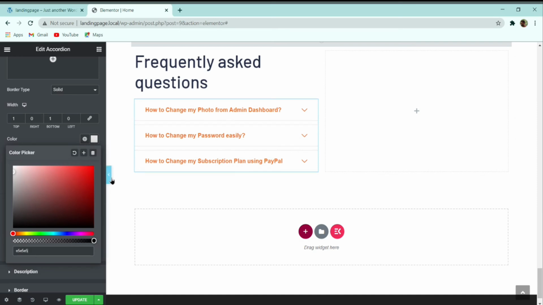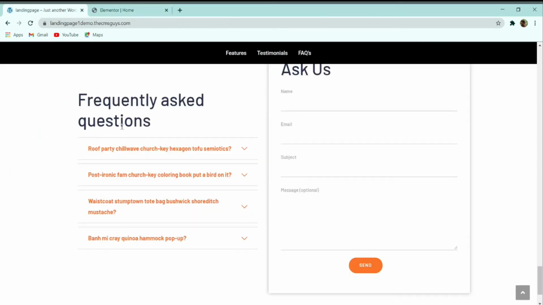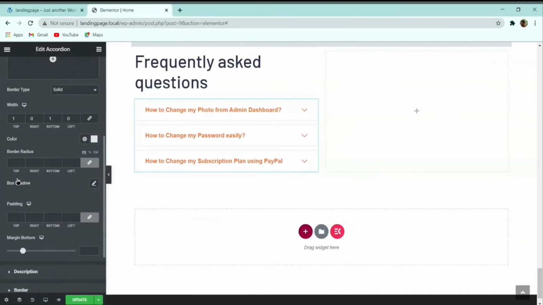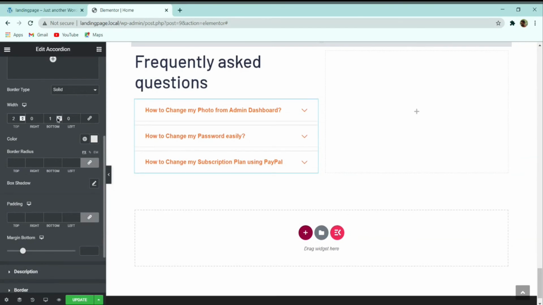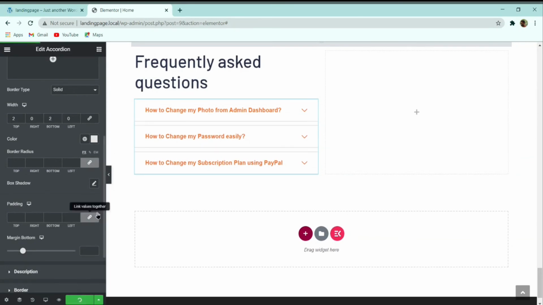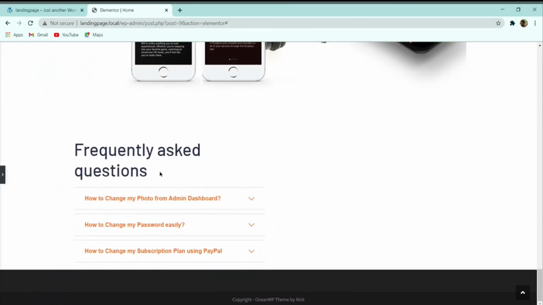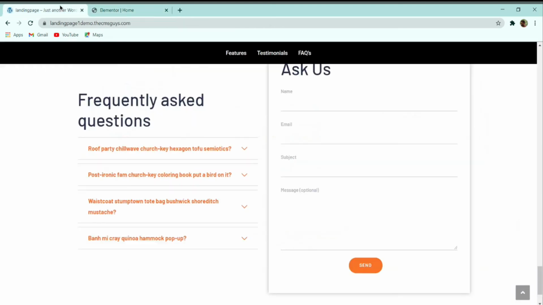So now you can see that we have the same look as this one. Here I can increase it to 2, 2, so that it looks wider. Now you can see that we have the same look as this.